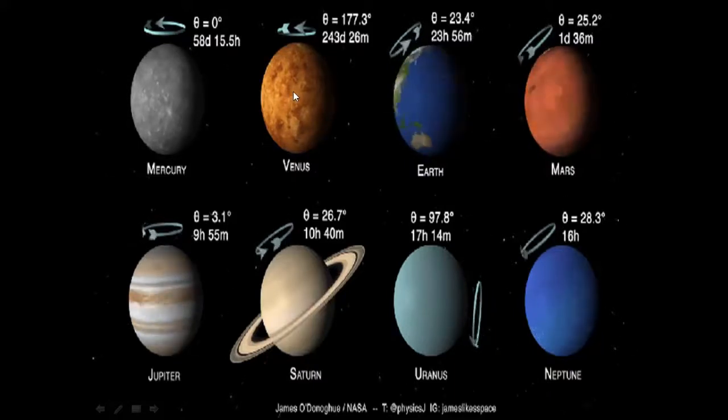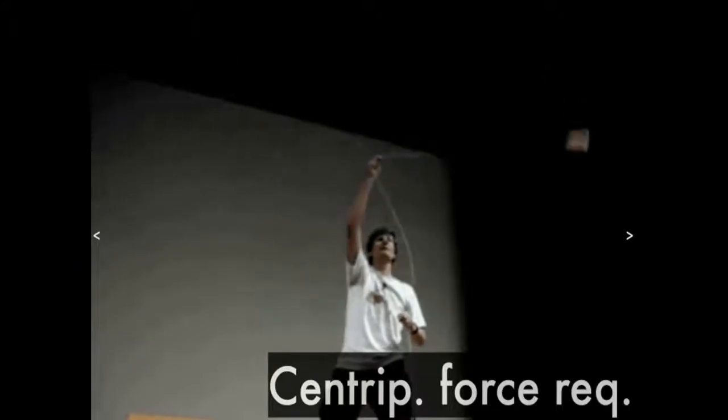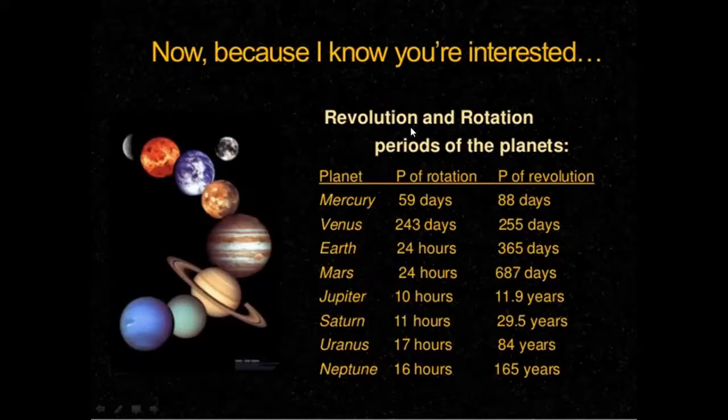Okay friends, now moving forward, let me explain. First let's see this. This is again the same thing. Planet wise they have arranged the amount of time taken for rotation and the amount of time taken for revolution around the sun. So as we have seen already, the fastest rotation is by Jupiter followed by Saturn, and the slowest rotation is by Venus, that is 243 days. Earth and Mars show the same amount of time for rotation. Remember this also. Which planet shows approximately the same amount of time for rotation around its own axis as Earth? It is Mars.